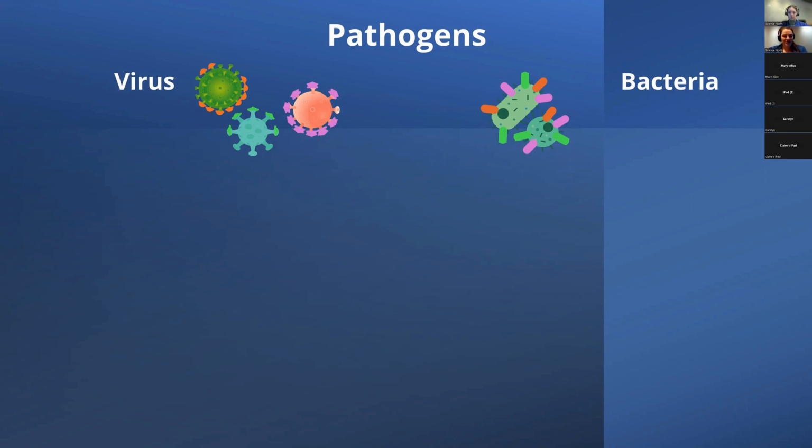What's really interesting is that viruses aren't actually alive. They don't meet the criteria that living things have. There's a list of things you need to have to be a living thing, like growing and moving. And one of those things is reproducing, so making more of your cells. Living things are capable of doing that, whereas viruses can't. Bacteria can.